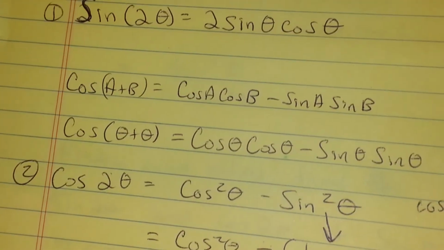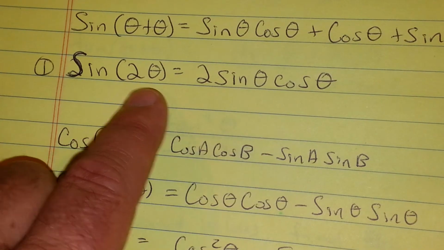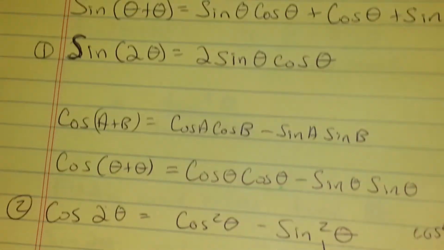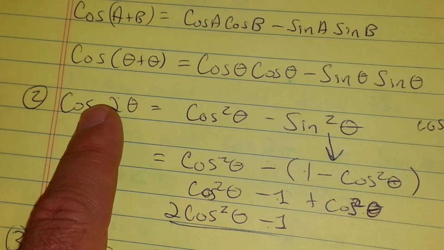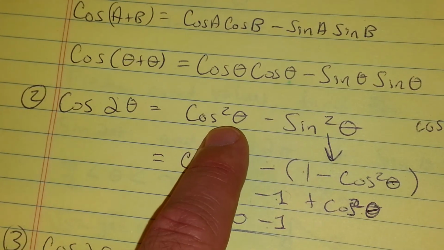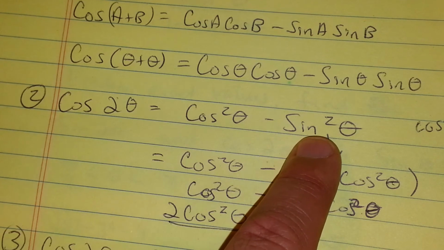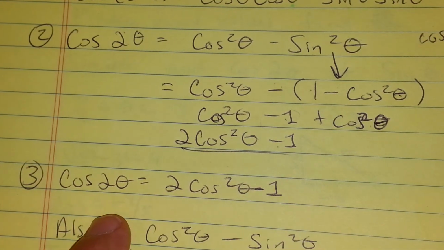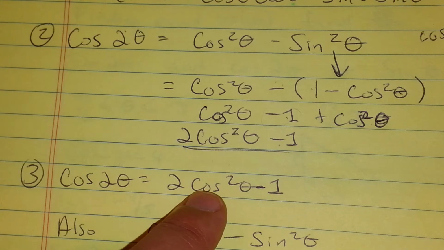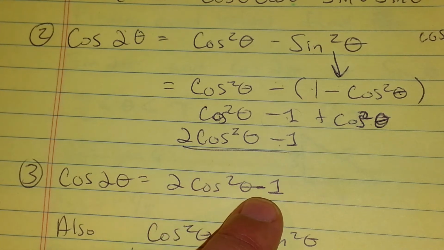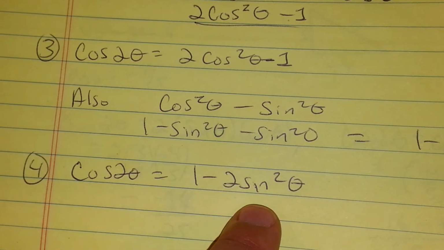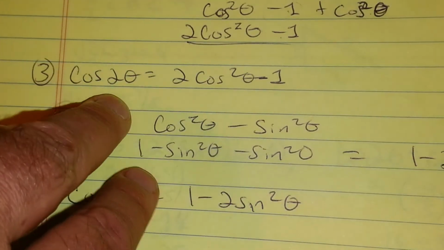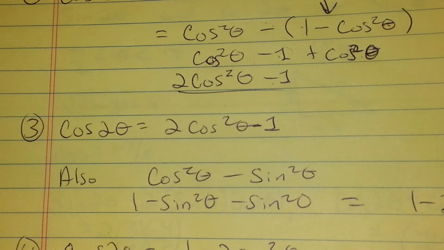So you've got 1, sine of 2 theta equals 2 sine theta cosine theta. 2, cosine 2 theta equals cosine squared theta minus sine squared theta. 3, cosine 2 theta equals 2 cosine squared theta minus 1. And 4, cosine 2 theta equals 1 minus 2 sine squared theta. Now we've got